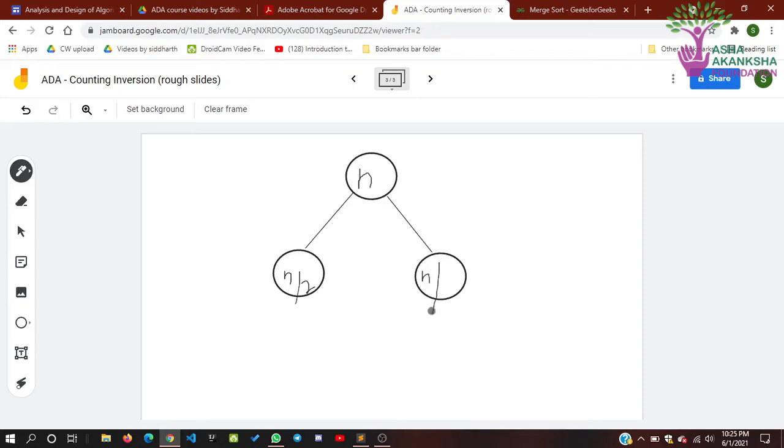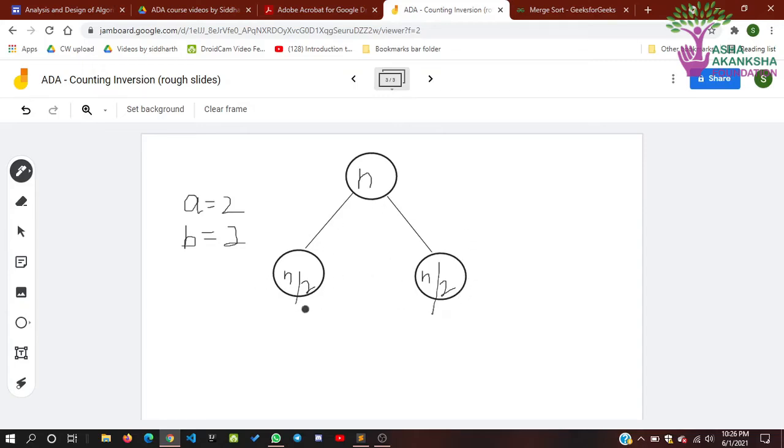So you can say that the rate of spawning, that is a, is equal to 2, because there are two subproblems generated, and the rate of shrinking, that is b, is equal to 2, because the size is reducing by half. Remember our assumption that both subproblems have equal sizes, so that's why we are able to apply